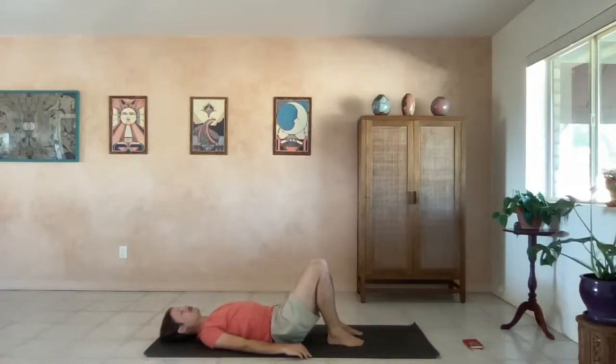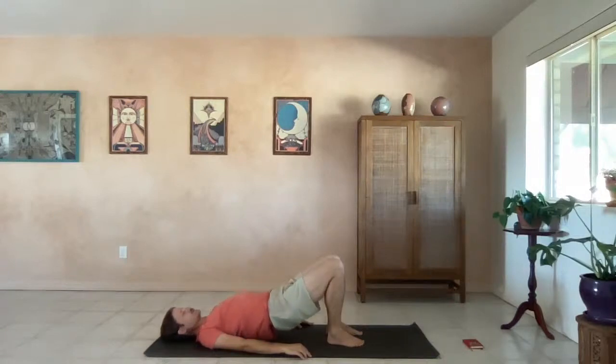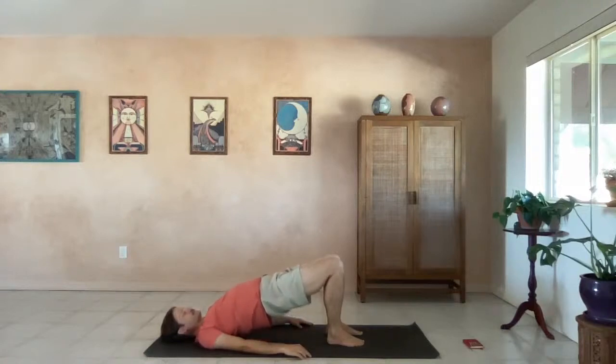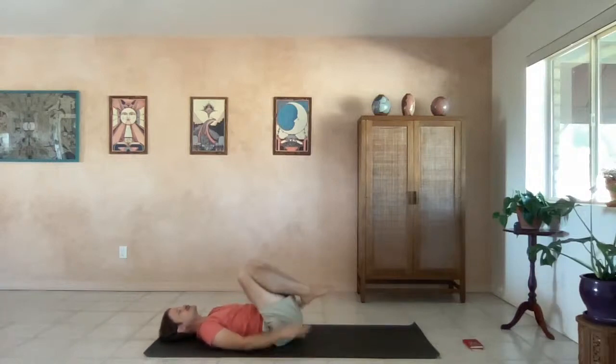Take a nice full breath. And inhale as you press down to go up once again. And exhale, relax. Third and final one. On an inhale, you press down to go up. And exhale, lowering down. Once you've come down, you just draw your knees into your chest, wrap your arms around